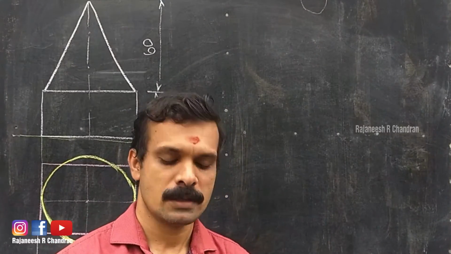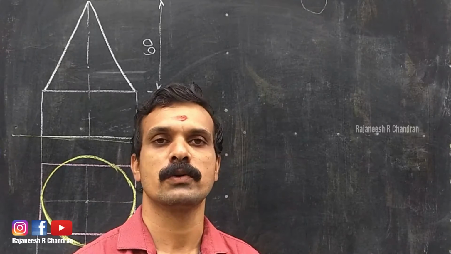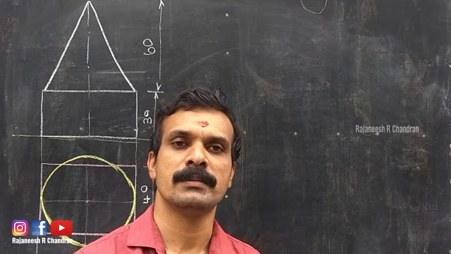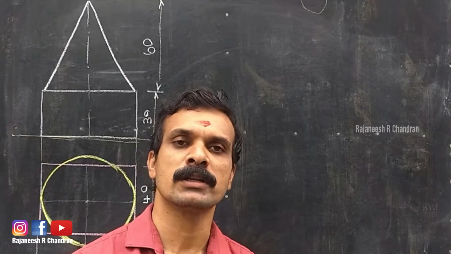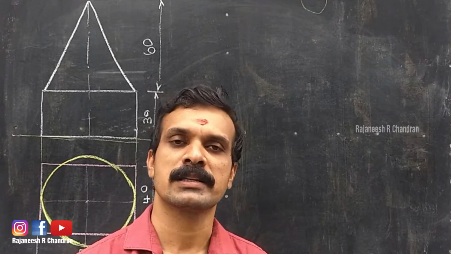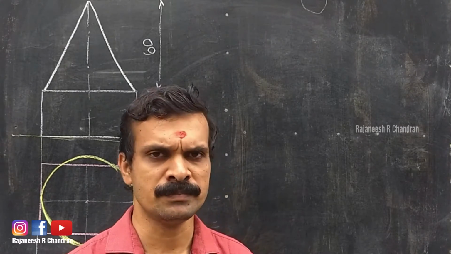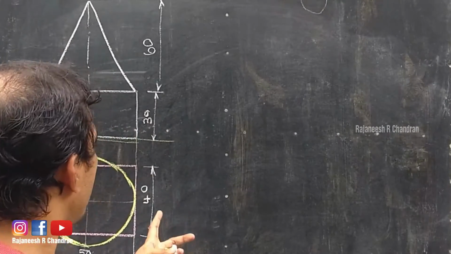Hello friends. In the last video we started the isometrics of combination solids. There we constructed the isometrics of a square pyramid which is placed on a cube and together placed on a rectangular block. In this video we are going to study the construction of the isometric view of a cone